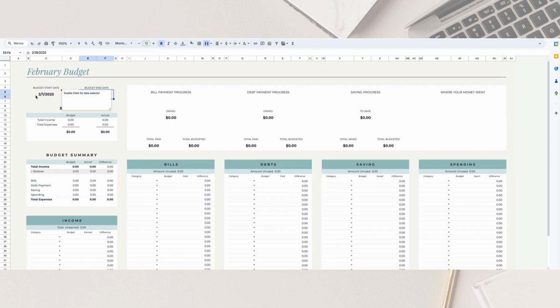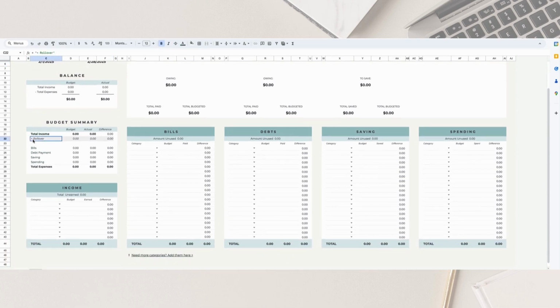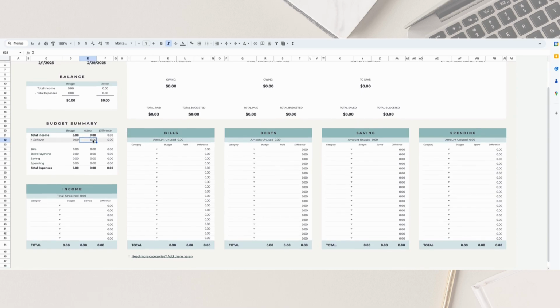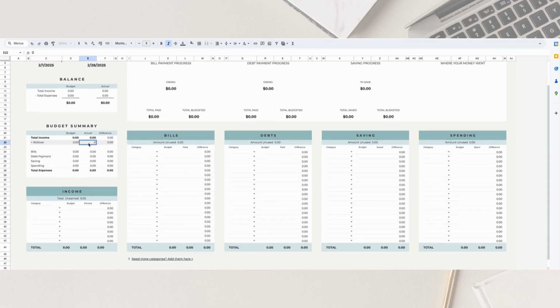Once you have entered in the budgets, you can see that the month automatically updates at the top for you based on the start date of the budget. There is a row here under your budget summary to enter in any rollover. So if you have any rollover income you wanted to add, you would put it in your budget section. And then once you know what it actually is, you would put it in the actual column. So let's just say,